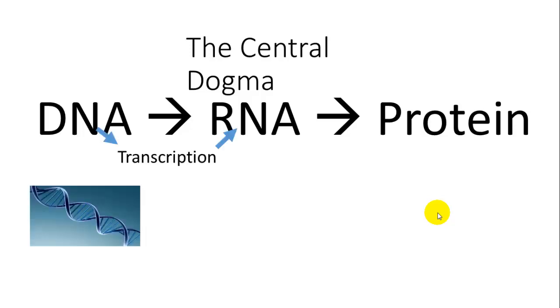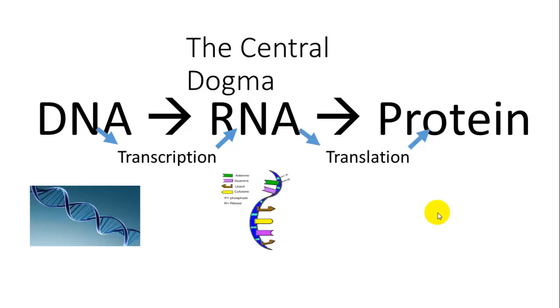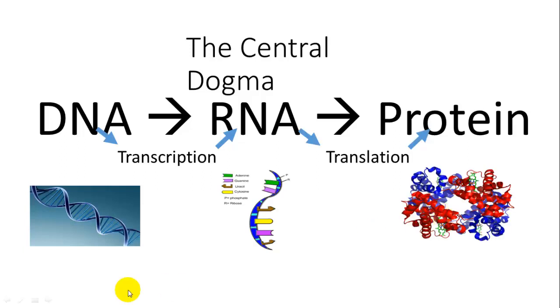The process of making RNA from DNA is called transcription, and the process of making protein from RNA is called translation. Okay? In transcription, it's like you're transcribing something. Really, you're just making a copy. DNA and RNA are so similar, it's like you're making a copy of a small piece of a bigger manuscript. Translation, though, proteins are made of amino acids, which is a much different structure than nucleotides. So here you're translating RNA, like translating into a new language, and making a different functional product.